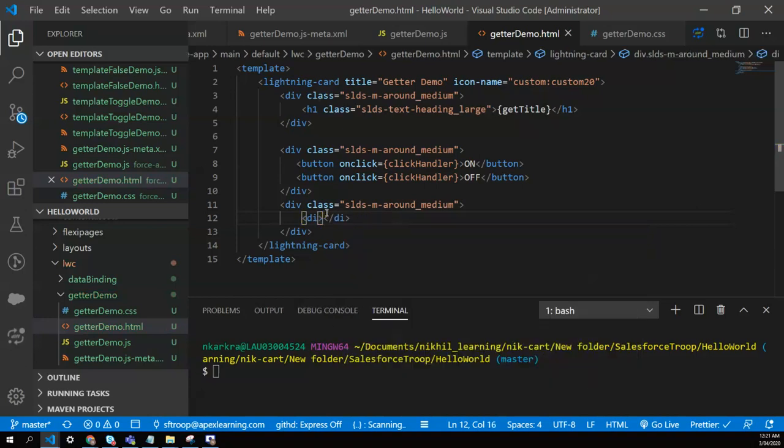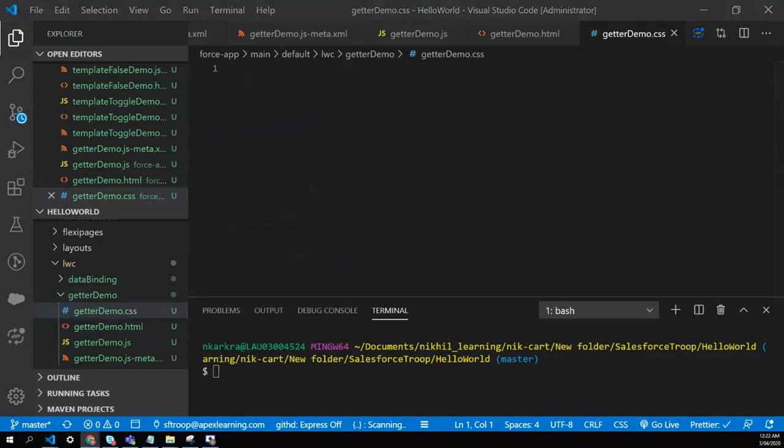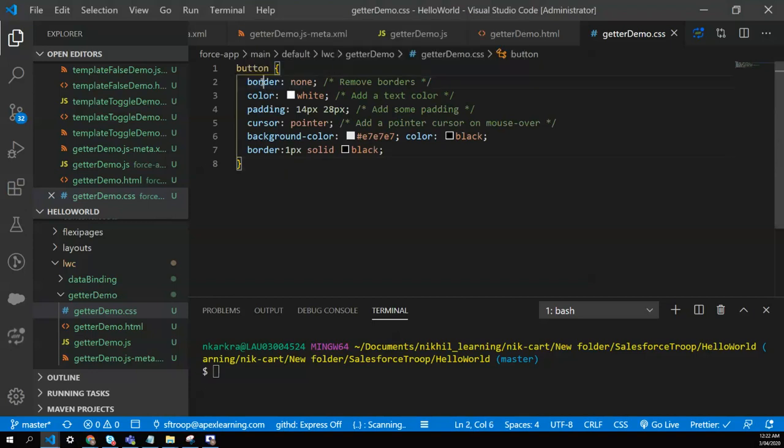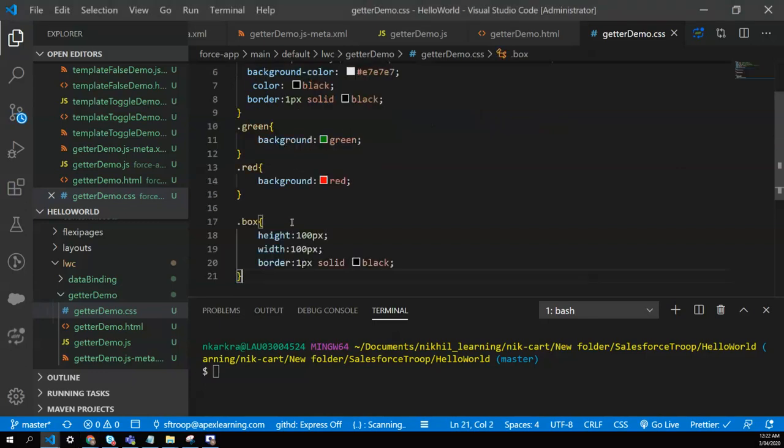I'll use that CSS later. Let me first add that CSS. So for button, I'm defining some custom CSS with border none, color white, padding, cursor, like on hover that hand icon should be there, button color, border, and the color of text to the button. Similarly, I'll add more classes. Don't worry, you can get this CSS from the code, and the code link I'll add in the video description. So I have created a green, red, and box class,